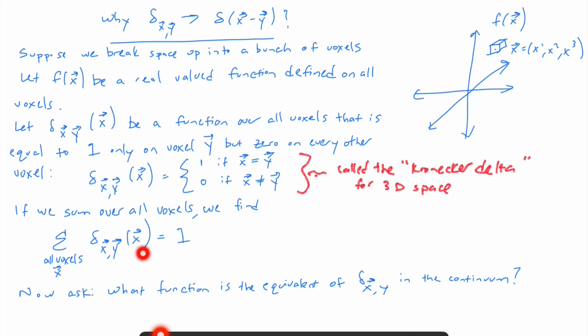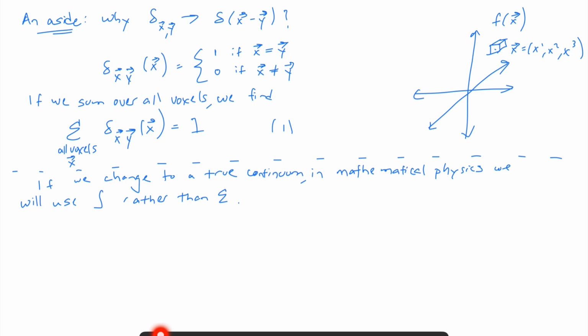Now, what's the equivalent of this when we have a continuum? What's the equivalent of the Kronecker delta when we have a continuum? Well, if we change to a true continuum, in mathematical physics, we still do a sum, but the sum changes really to an integral, which is symbolized like this, basically implying that we're summing over an infinite number of terms,